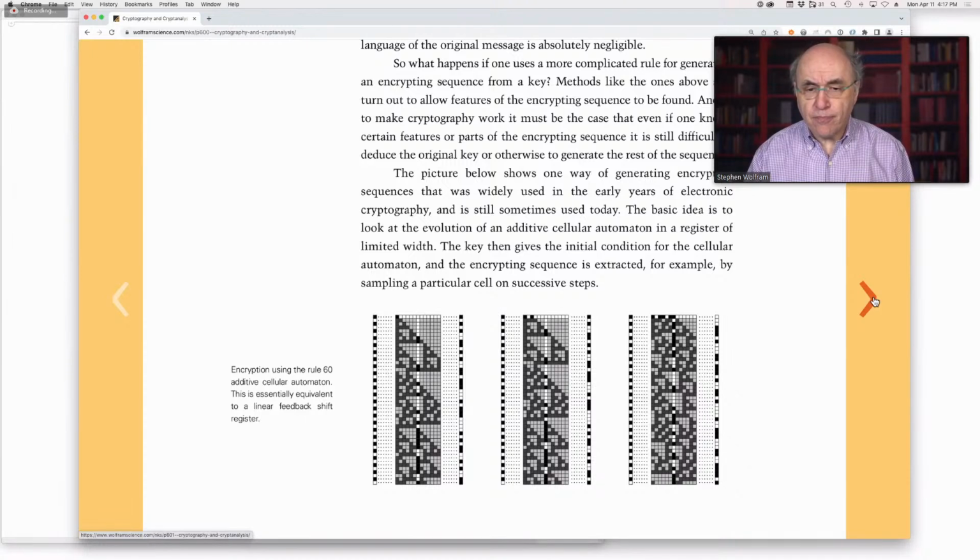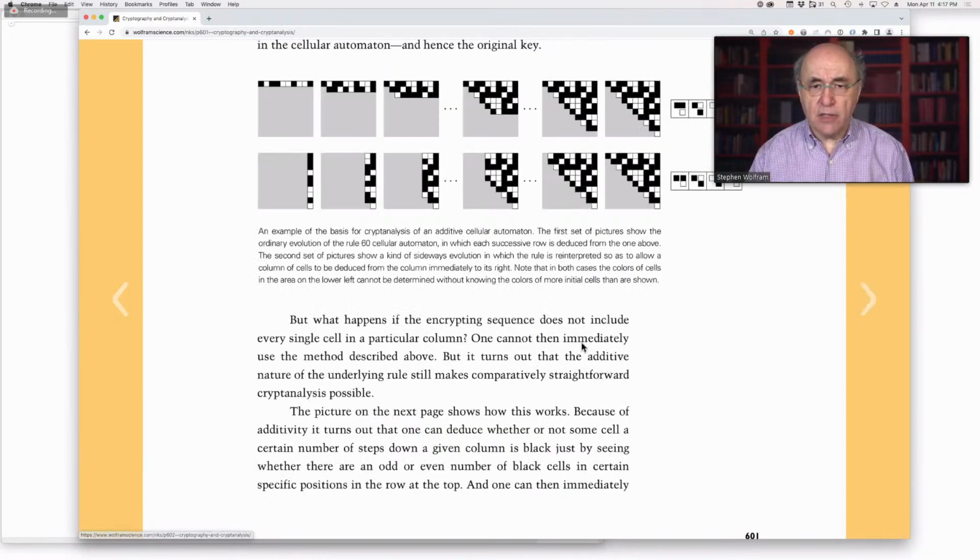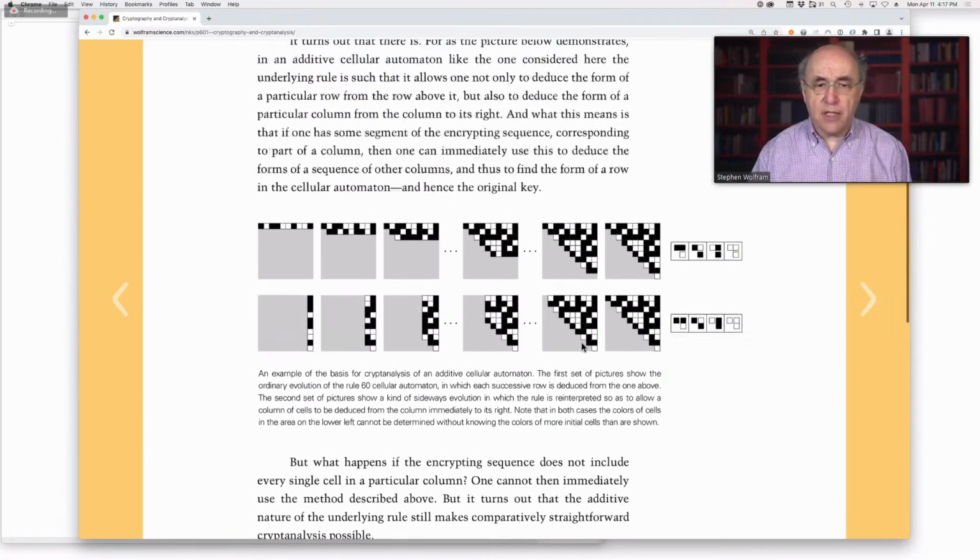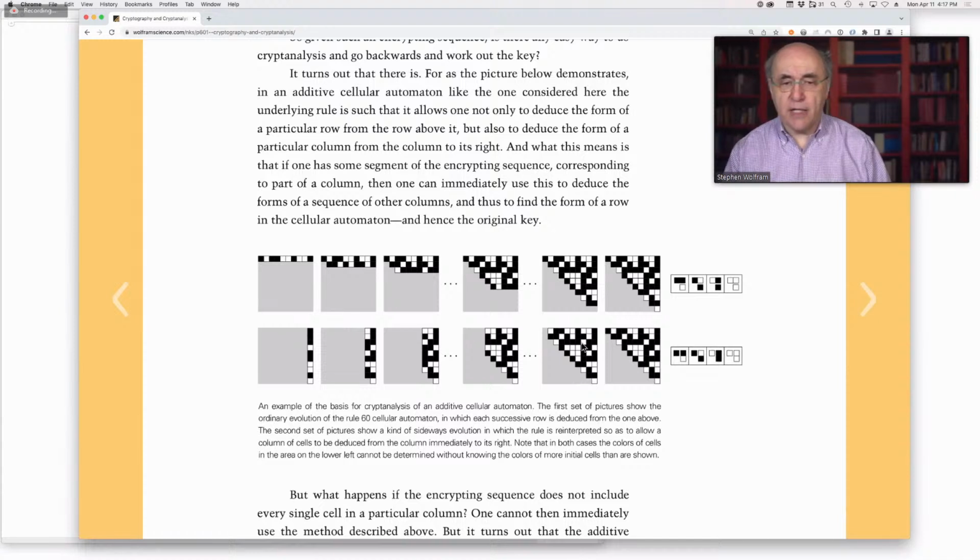So the question is, can you break that encryption technique? In other words, is the sequence that you get here random enough that you can't deduce the seed, or could you in fact deduce the seed? Turns out this particular case, it's a total lose. You can absolutely break it.